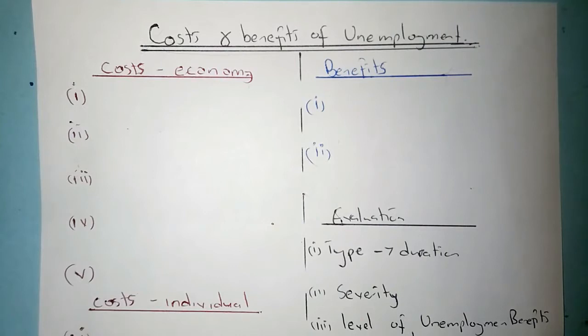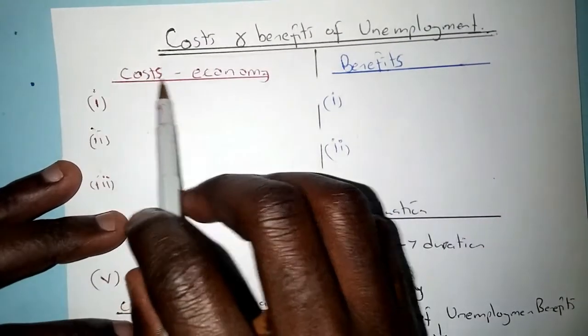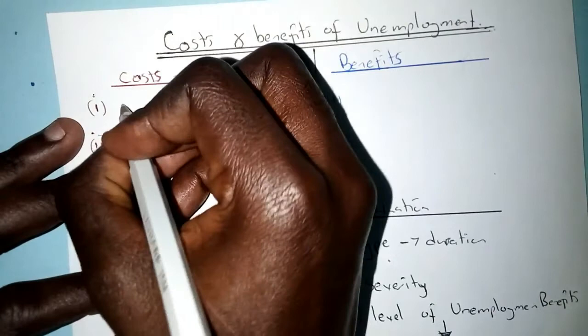We make this assumption in economics that higher levels of unemployment are always going to be bad for the economy. So we have to understand that the objectives of government tend to target unemployment so that it can be low and stable in a country. So I want to look at the costs that affect the whole economy and the costs which affect individuals. The first cost on my list of the costs which affect the whole economy is lost